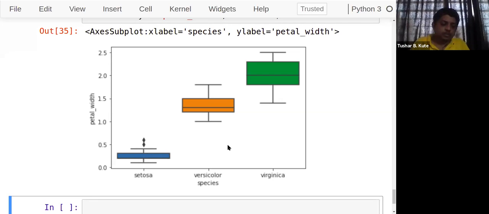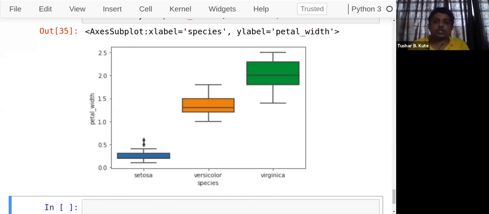Now a box plot can be converted into another kind of plot called a violin plot. The violin plot is named so because it looks like a violin. Okay, let's see that violin plot here. It is the combination of a box plot with KDE, kernel density estimation. That is called the violin plot. These plots make it easier to analyze and understand the distribution of the data, how the data is distributed, and we can find that easily.